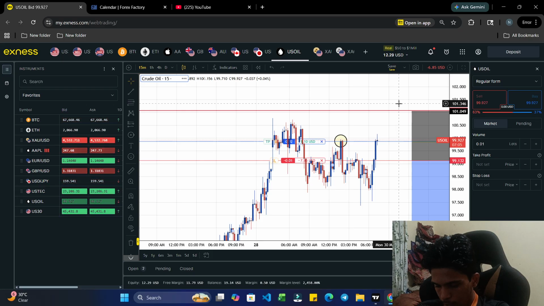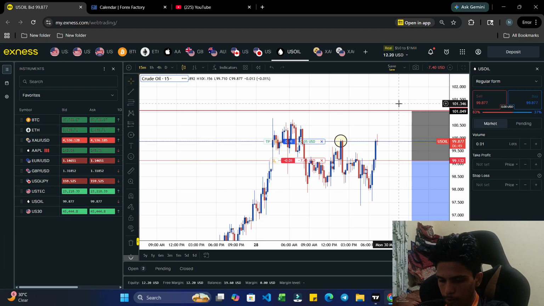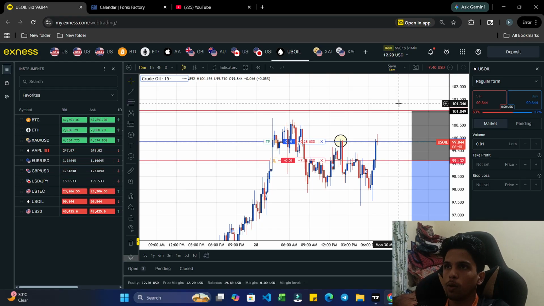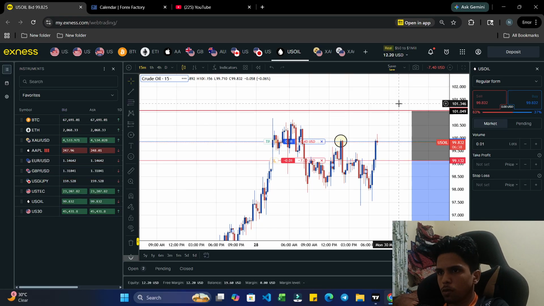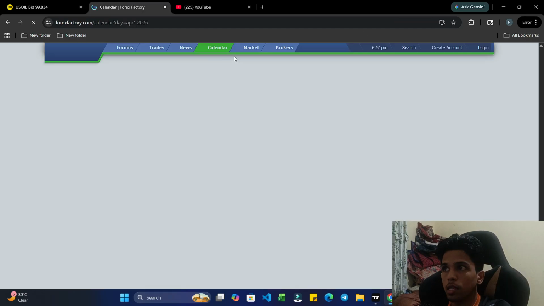If this trade goes to the wrong side or right side, 0.01 should be there. So we cover the expenses of getting a trade from this trade. So we are now hedged on the 12.20 equity. So that is also good. Instead of losing all the money, we are hedged on the 12.20, $7.40 loss. So it is good right now because there is also one news coming. That is also a Powell news, I think.